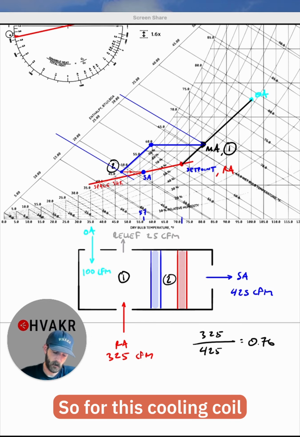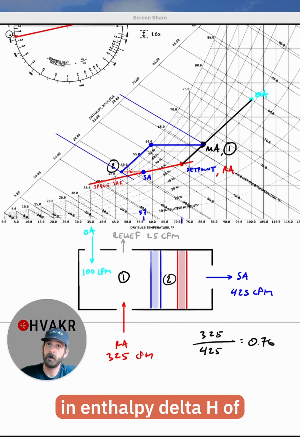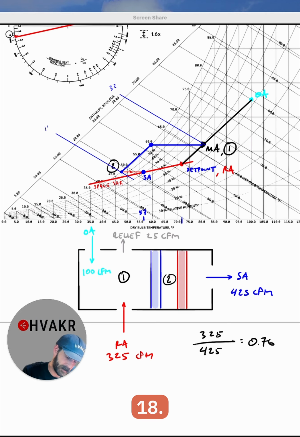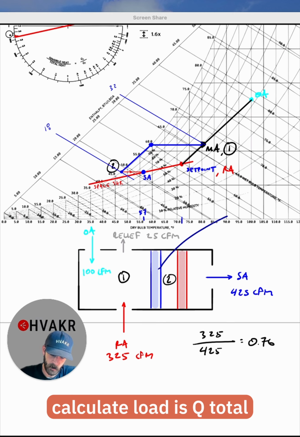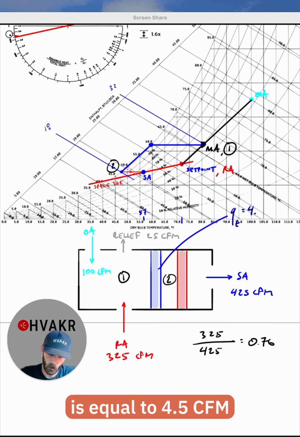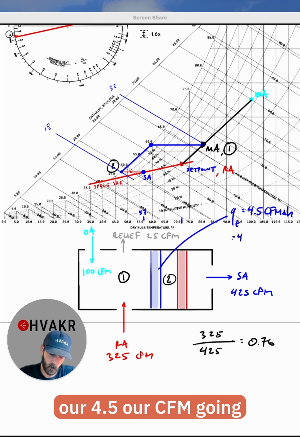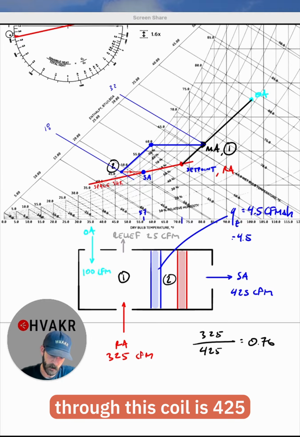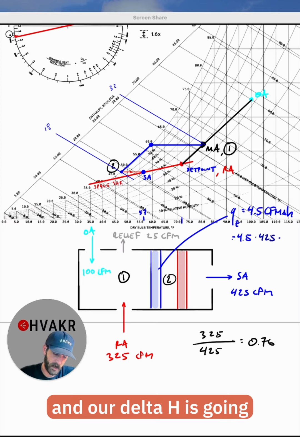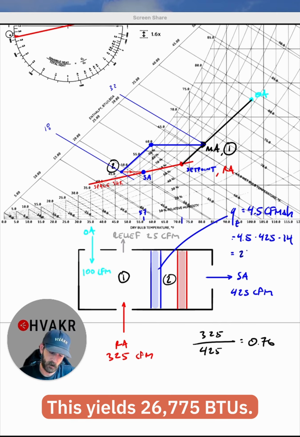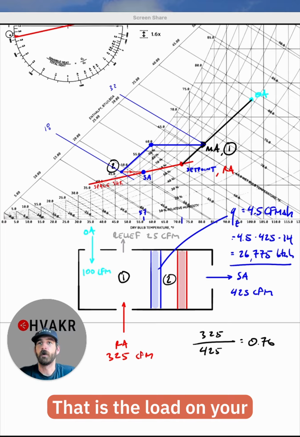So for this cooling coil, we're looking at a change in enthalpy, delta H, of about 32 down to about 18. The equation to calculate load is Q total is equal to 4.5 times CFM times delta H. So that's going to be our 4.5. Our CFM going through this coil is 425. And our delta H is going to be this 32 minus 18, 14. This yields 26,775 BTUs. That is the load on your cooling coil to accomplish this process that we've designed, just over 2